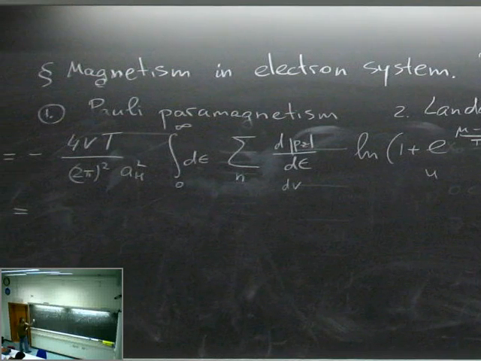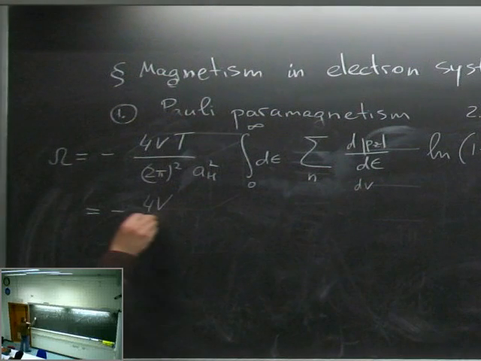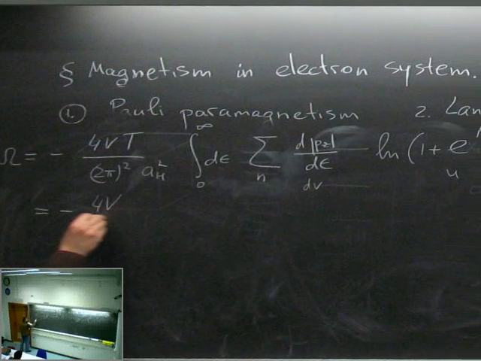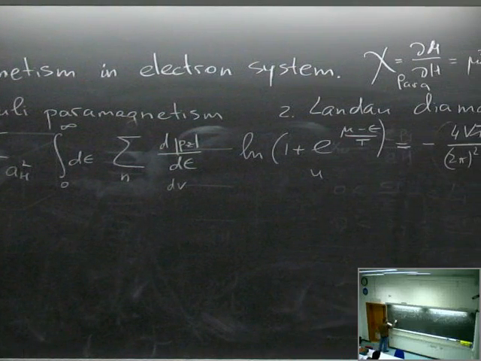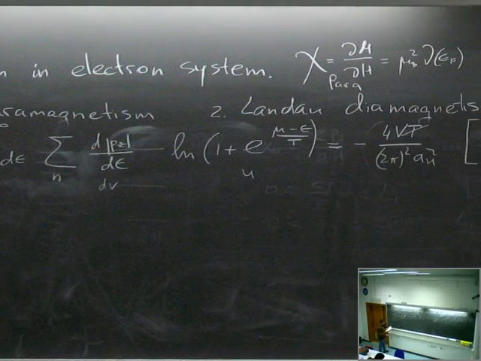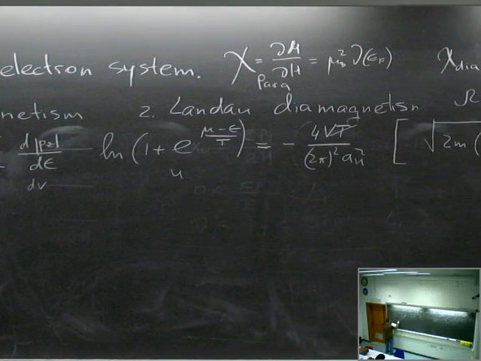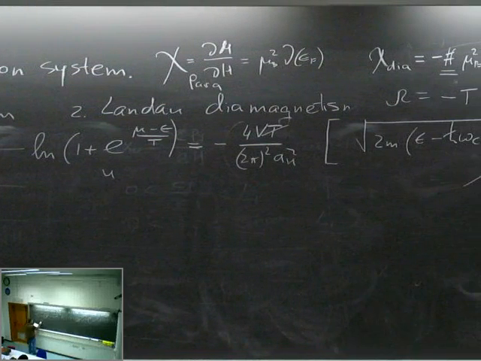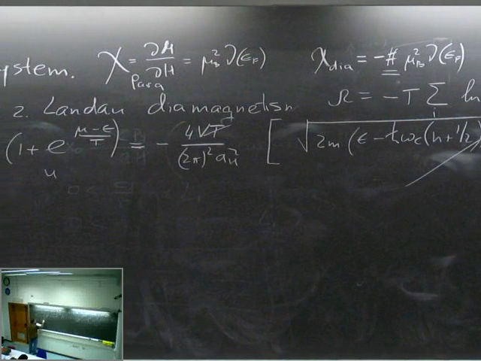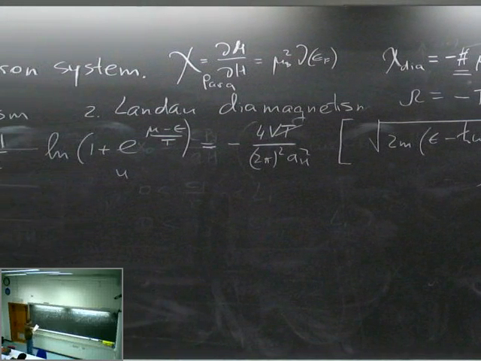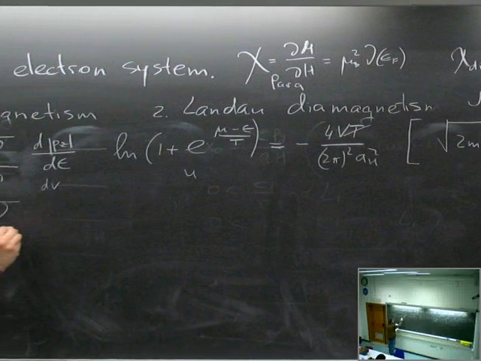So in total I have again minus, the temperature is dropped, 2 pi squared, 1 over h squared, and the remaining integral is from 0 to infinity d epsilon. Summation over n is taken from